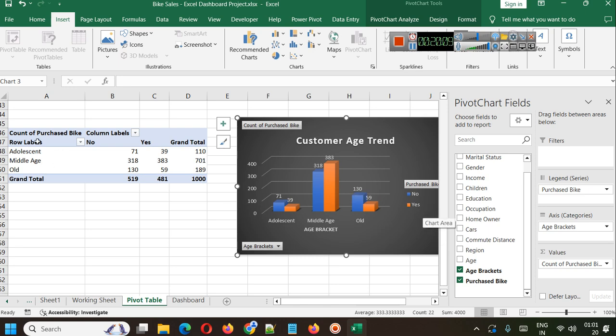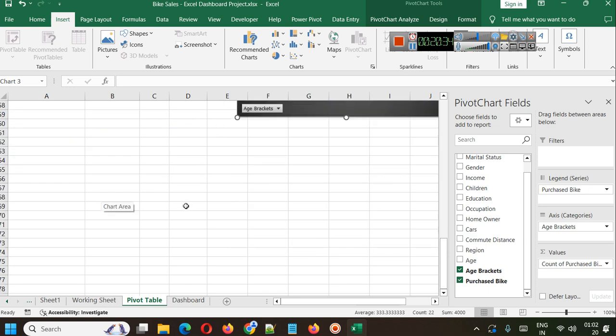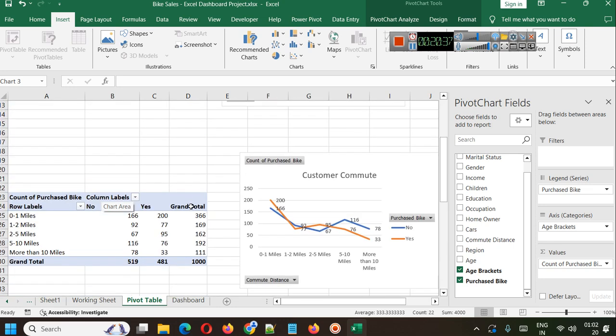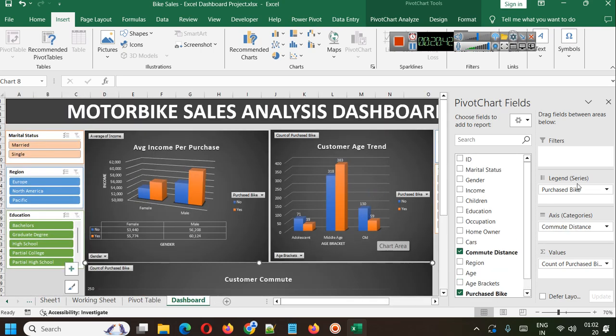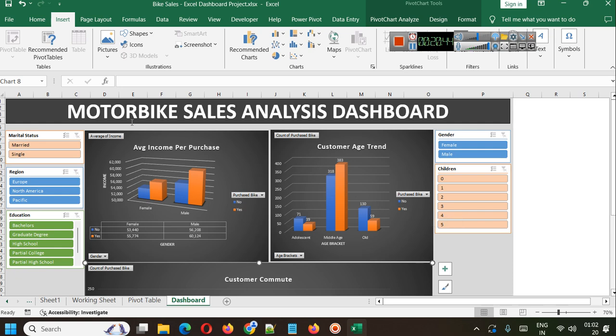So this particular changing of data, or this grouping of data on the basis of age, is giving us more insights and letting us know that when customers are middle aged, their probability to buy a bike is more, right? So that's why this will be an important factor. So all these three graphs are created here, and what you can do in your dashboard, you can simply copy and paste them. So